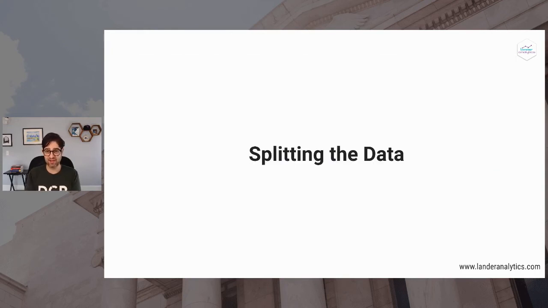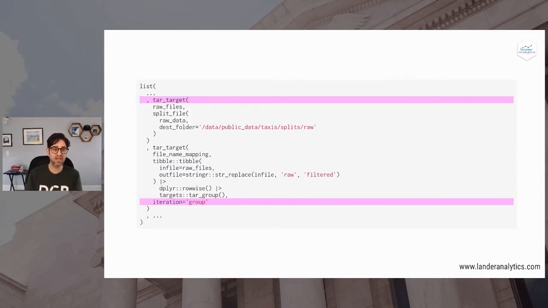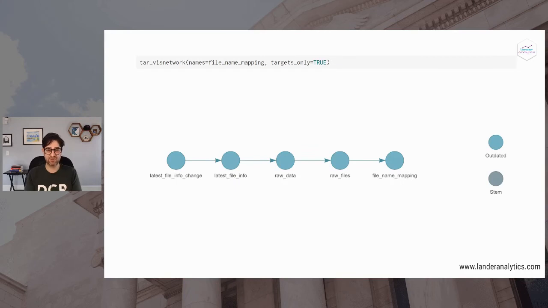Next, we need to split the data. Luckily, we wrote a function for that, and we can call that function. First, we split the data, and this time it's a tar_target. It's a regular target because an R object is returned, a data frame of file names. And that feeds into our next target, which creates a mapping of input files and output files. When we visualize our DAG now, we see we have these extra steps, and the raw file step will only be called if the raw data step has changed. And that is only changed if we downloaded the data, which only happens if the file on S3 changes.